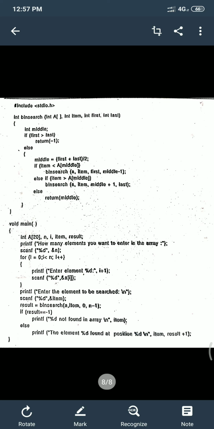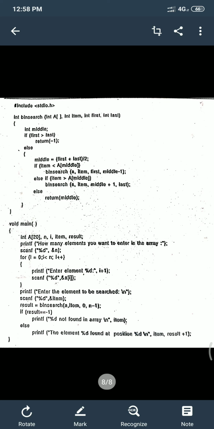Now the control should go back to step 1 again, and the process is repeated until the required element is found. Note that as the process proceeds, the first value increases gradually and the last value decreases.